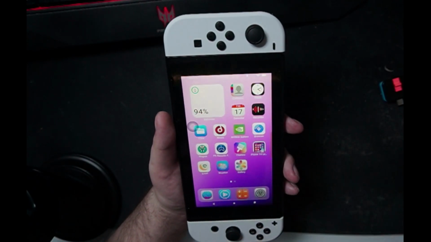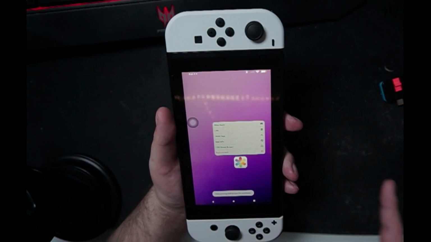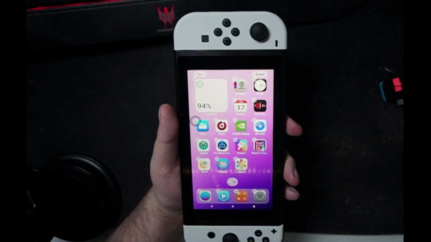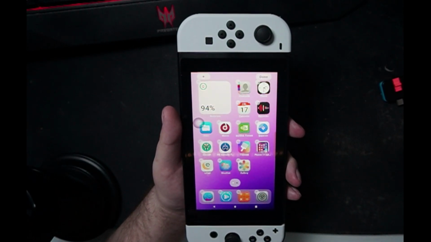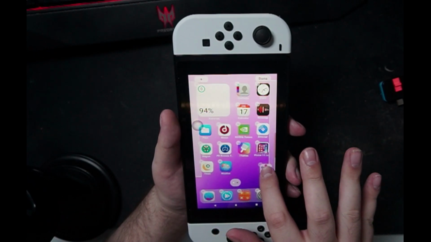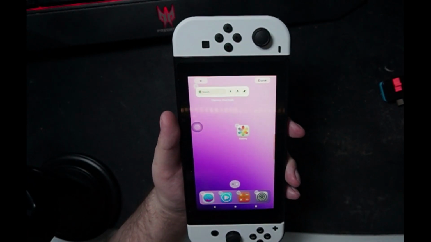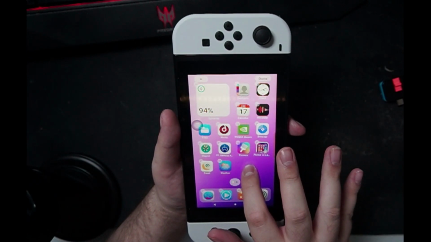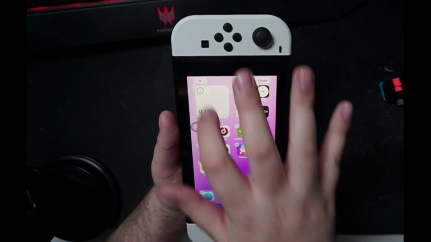Now, the cool thing is, you can do what you can do on an iPhone. You can go ahead and edit screen, and all your apps start to wiggle because obviously you can move them around anywhere you want. So if I want to move gallery, for example, over to here, I can move any applications I want to. I can also, as you guys can see on the screen right now, add widgets,